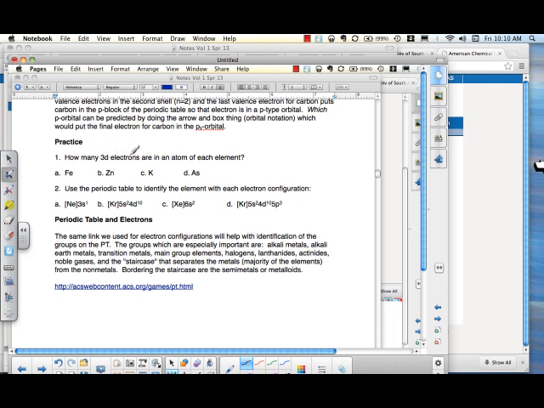How many 3d electrons are in an atom of each element? So really what you need to do is write the electron configuration to figure this out, right? So iron, 3rd row element, so we're going to do neon. I'm sorry, it's a 4th row element, so we're going to use argon. My bad. All right, so argon, 4s2, and really you can write the electron configurations and figure it out that way, but some of you might be getting this whole periodic table thing. If I pinpoint where iron is, it is in the 3d. 1, 2, 3, 4, 5, 6 over, so it has 6